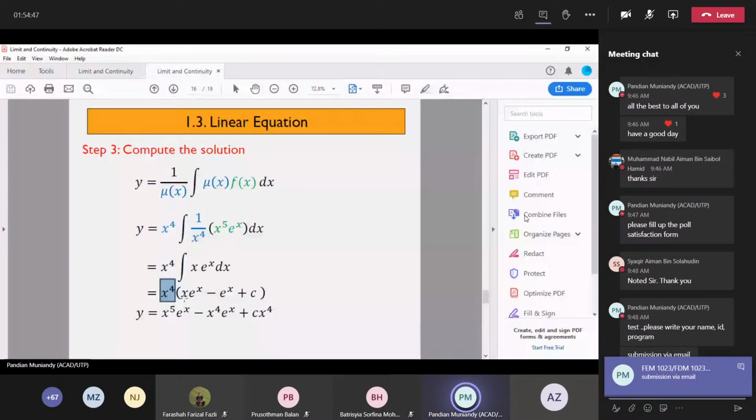That's what I heard from Dr. Mohana: 4 questions. I suspect 2 questions from chapter 1 and 2 questions from chapter 2. So I think you must revise the Wronskian method and undetermined coefficient for the inhomogeneous, and then exact, non-exact, as